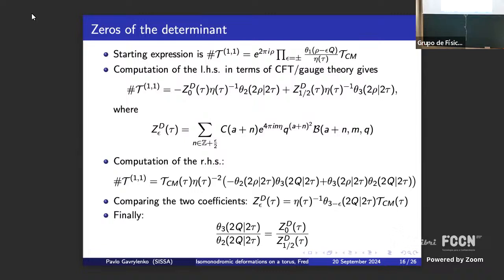Yes. So it should be just 1. Oh, yes. Yeah, actually, this formula is